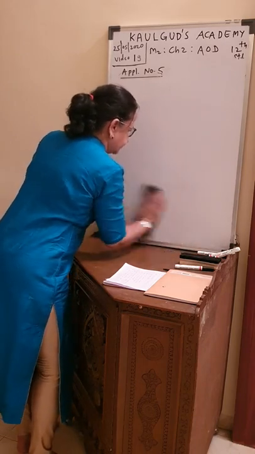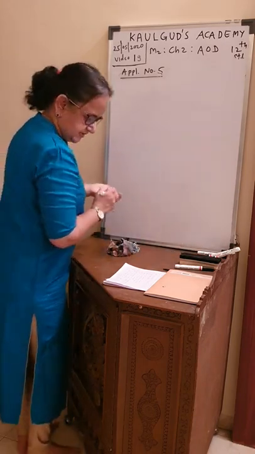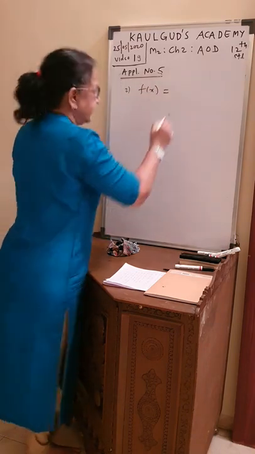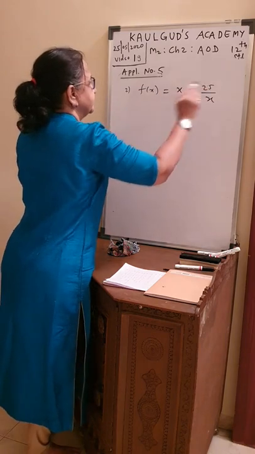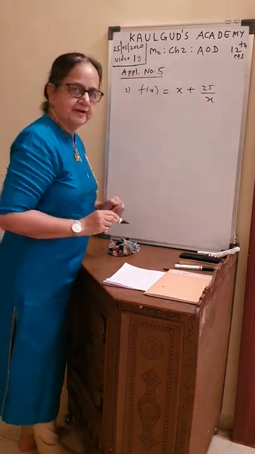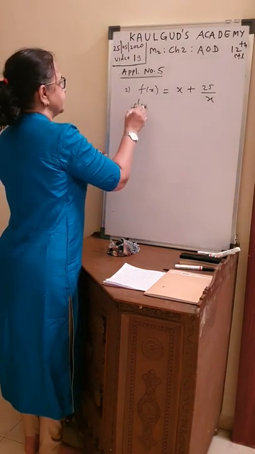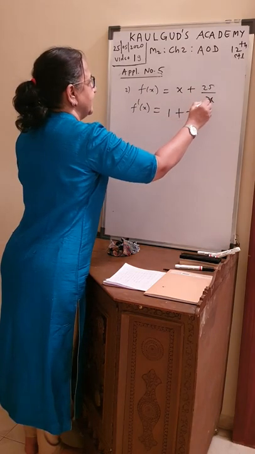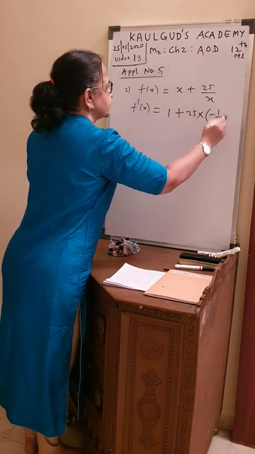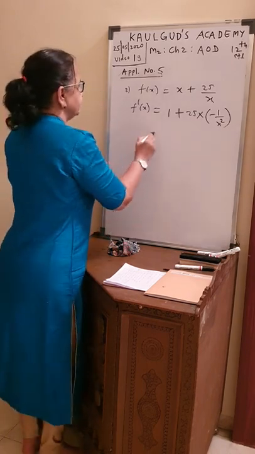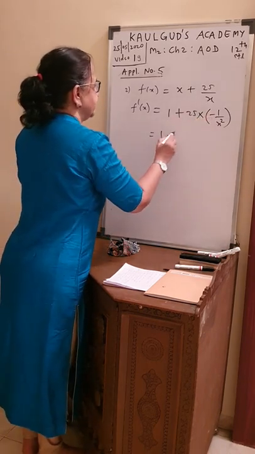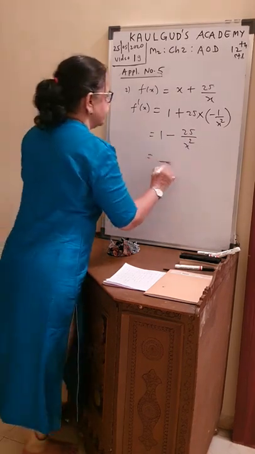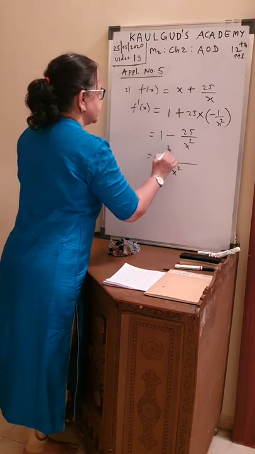Next, let us do the second one. So, the second one is that f of x is equal to x plus 25 upon x. Assume always x belongs to R. So differentiate. What is f dash of x? Derivative of x is 1 plus 25 into, for 1 upon x, derivative is minus 1 upon x square. So it will be 1 plus into minus 25 upon x square. X square is the LCM. Cross multiply, x square minus 25.